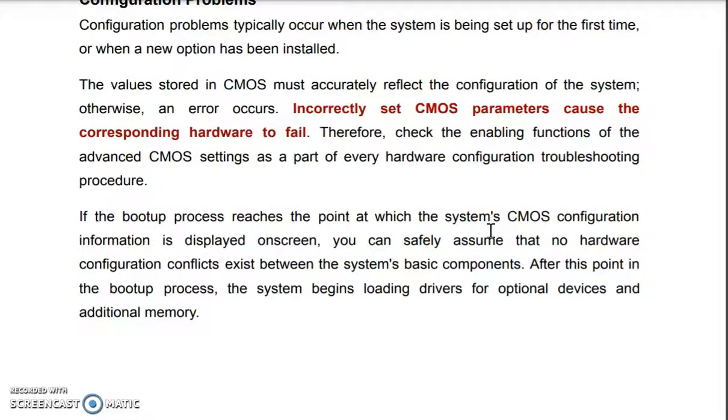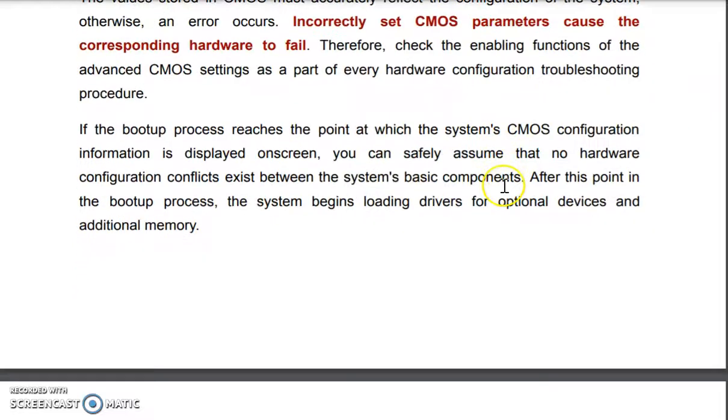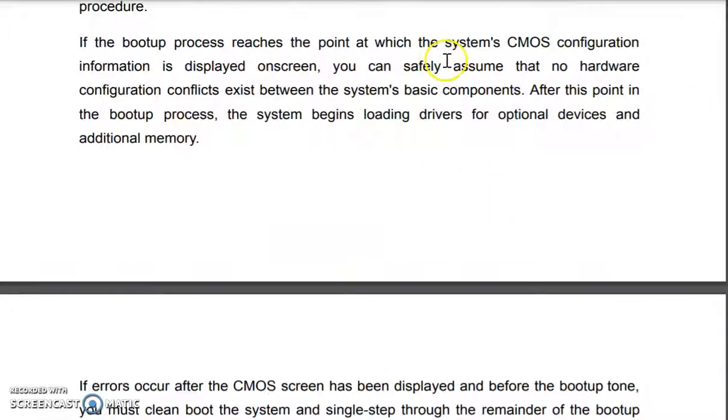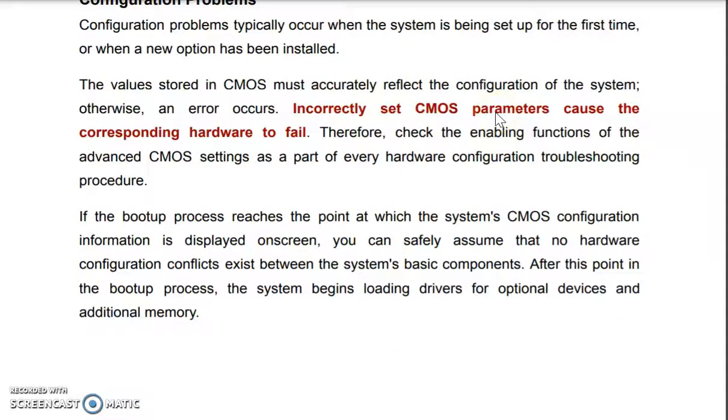So we have to check whether the CMOS is correctly set up or not, and whether the BIOS is working properly or not, and then according to that we can take action at the start point. Now if there is no CMOS error but there is some booting error, you might see that the CMOS configuration is proper, but it reaches the booting point and may get stuck. Here you have to find that loading the operating system might be giving an error, so you have to observe at which point it is giving the error.